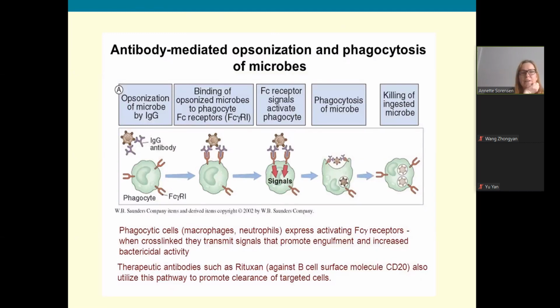Okay, so this is really just showing you how antibodies can tag microbes for phagocytosis. So we have, as you can see here, a pathogen, and on that pathogen, we have antigens expressed, which are recognized by the IgG antibody, as you can see here. Now,